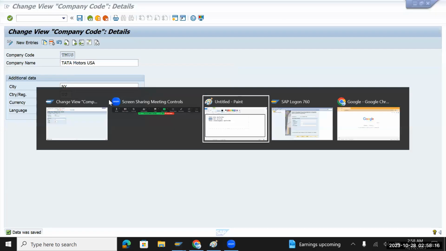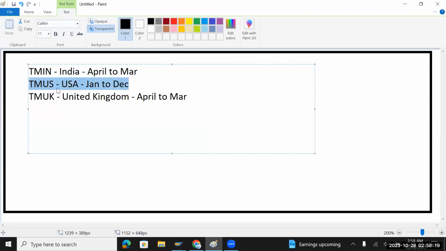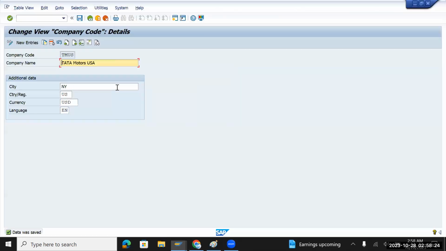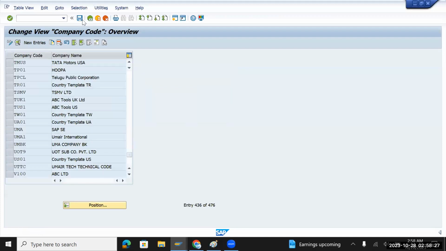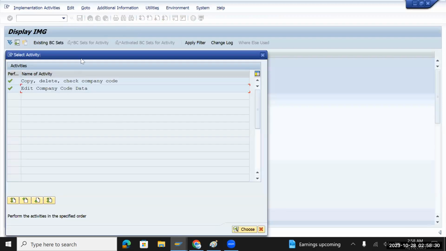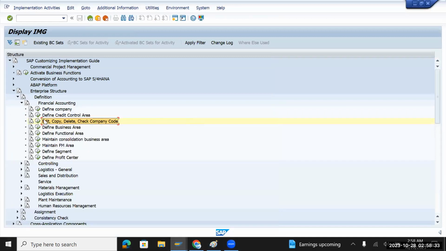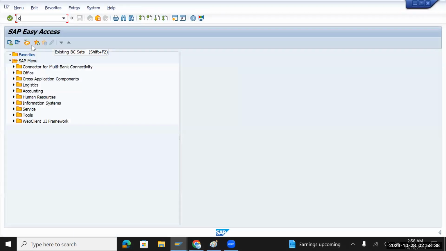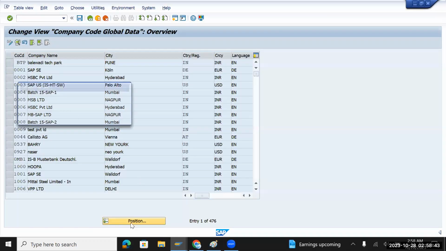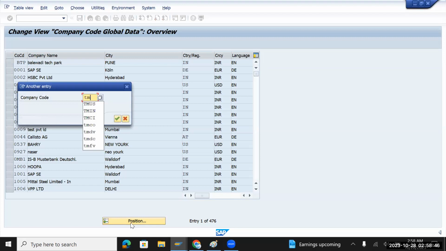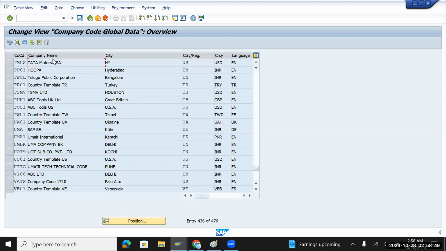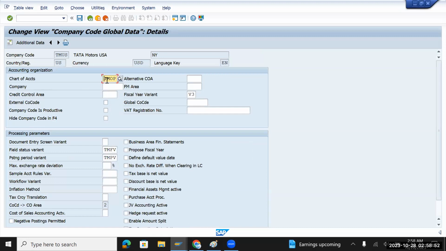Okay, so as per this settings, we will go with Jan to December as our financial years. So what we will do is we'll go back, close this screen, and there is one option or a transaction code. You can directly go OBY6. Press enter and search for your company code TMUS. So this has been created and you will see here chart of account TMOP is already there and fiscal year